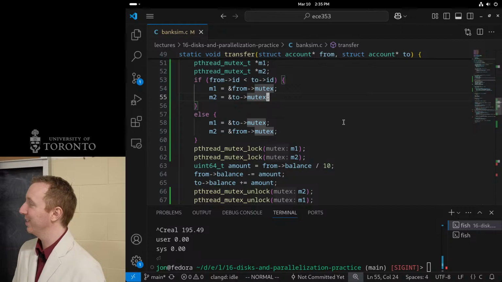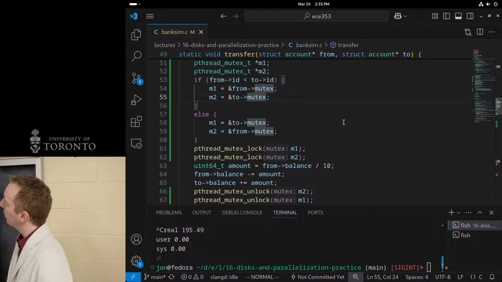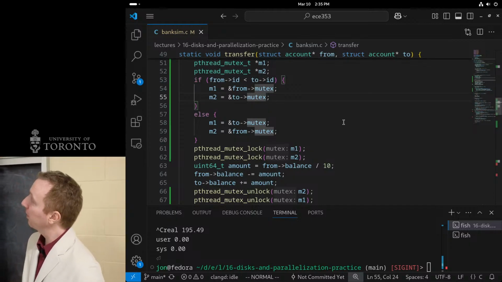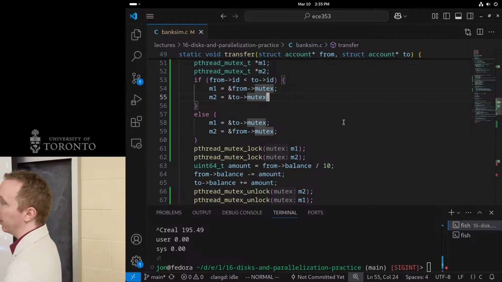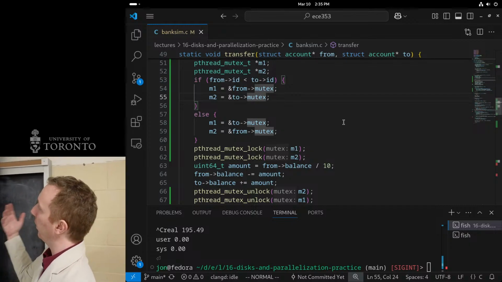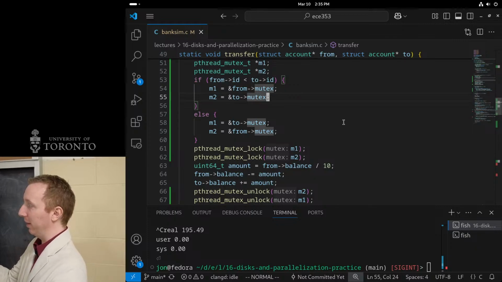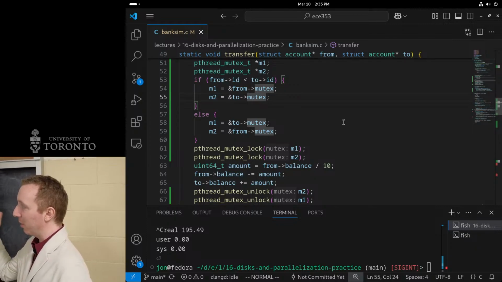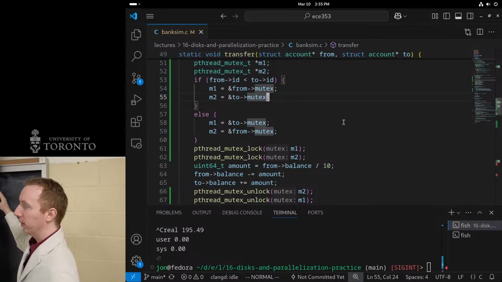I'm not sure about this, but could it be possible if 3 threads try to call and they have a big circular? So if 3 threads call, is it possible to have a big circular? It shouldn't be, right? If we always acquire the lowest account ID first, there's no circular wait. It's not a circle, right? We're always doing it in the exact same order. So this shouldn't deadlock, right?